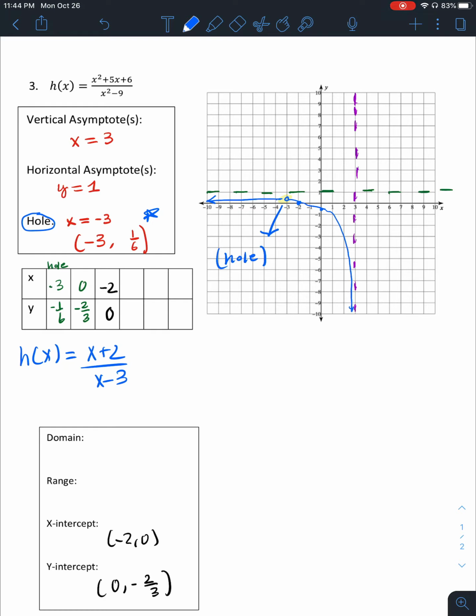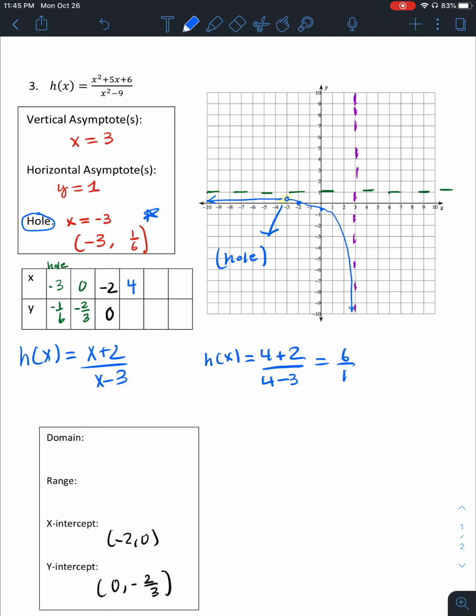So if you have one vertical asymptote, you're going to have two graphs. If you have two of them, you're going to have three graphs. So kind of just play with the points and make sure to try them out. So here, I'm going to look to the right of 3. So I'm going to plug in 4. So all you do is you substitute 4 for x,